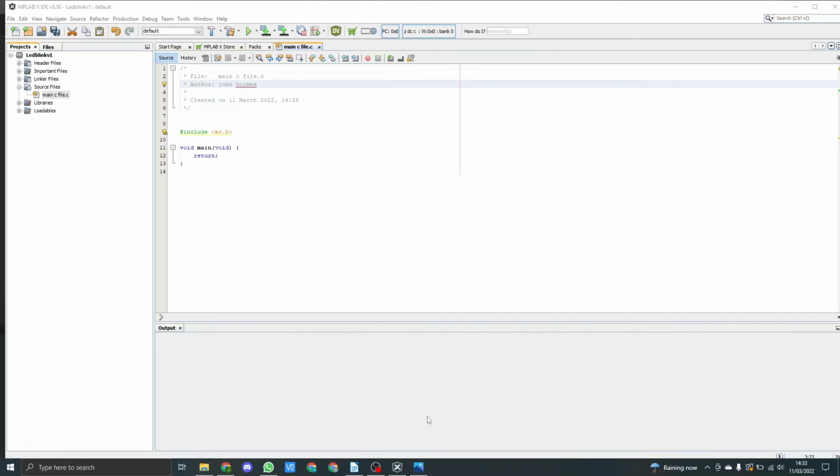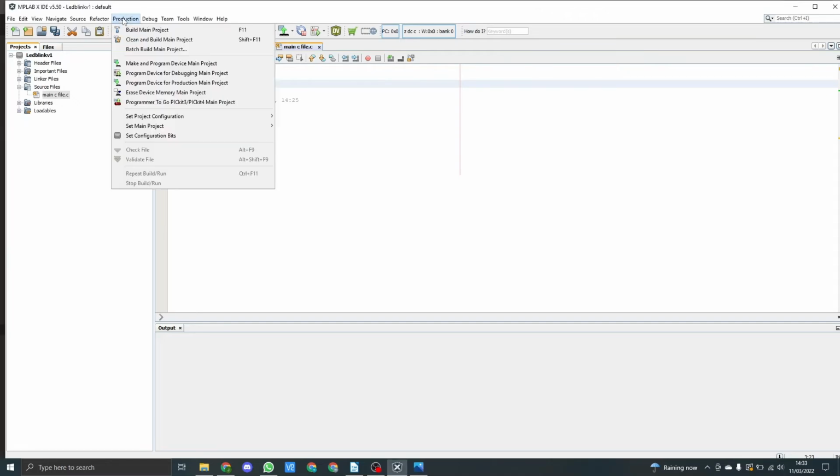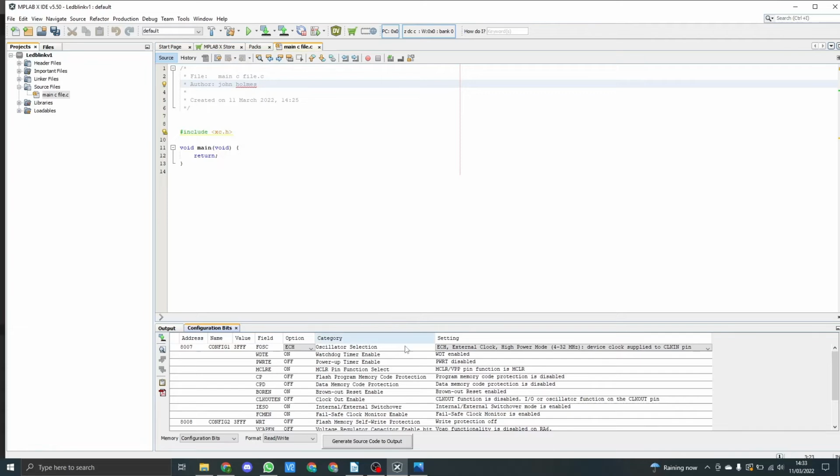Right, in this version of MPLAB, it's slightly different to earlier versions. To create the configuration file, we go to Production, Set Configuration Bits. This will bring up all the fuses and everything that we can set in the configuration into this bottom window. We're going to basically, in this demonstration, use